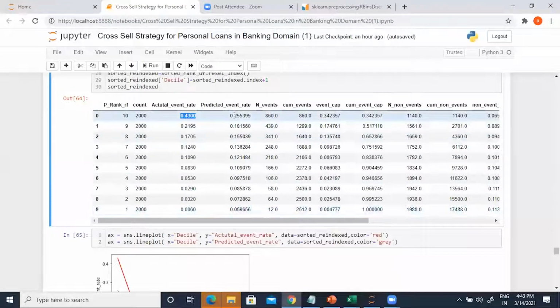So even at the best decile, the random forest model is not giving you a 50% predicted probability. But whatever predicted probability it is giving you, it is enough for you to identify a decile which is going to give you a 43% chance of success. Makes sense? Everybody, are you able to follow the storyline here?